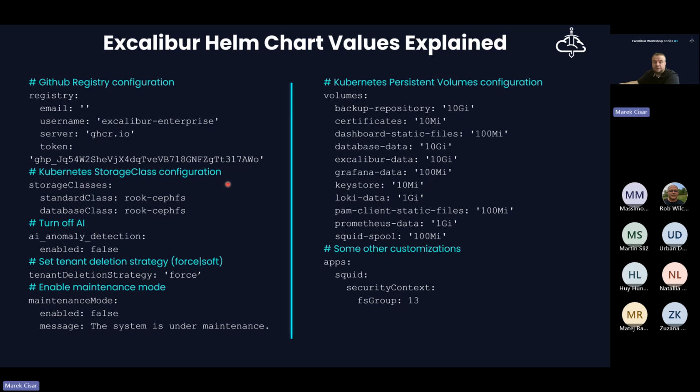Then the customer can have a different kind of storage, which is based on rotational disks. Those storages are not so powerful, but they can be huge. So that's the reason why we decided to create two configuration parameters. One is called the standard class, and it is meant for PAM session recordings, transferred files, and so on. And the database class, which is obviously dedicated to the application database.